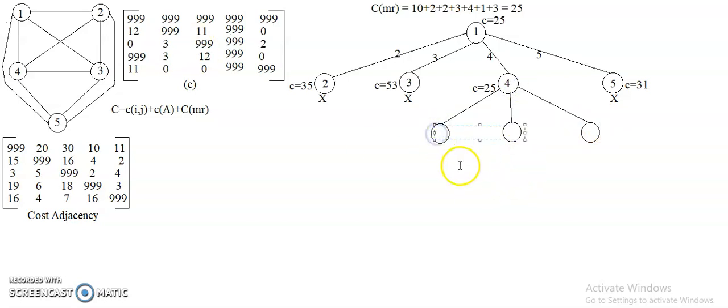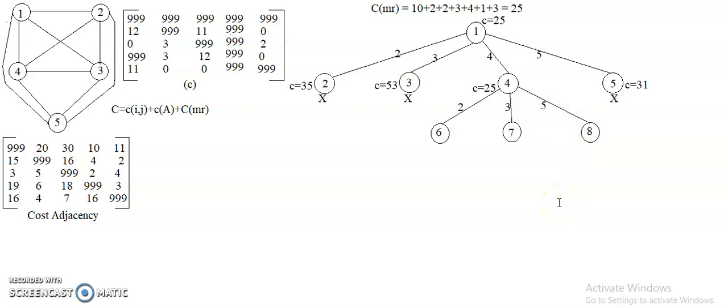Let me label the nodes as 6, 7 and 8. I am going to explore 3 nodes because I need to visit the remaining 3 cities. 1 and 4 are visited, the remaining are 2, 3 and 5. So these 3 cities I need to visit, and then I can visit back to 1.